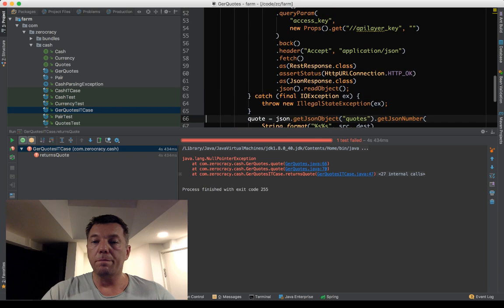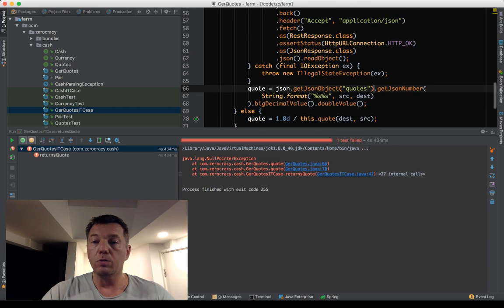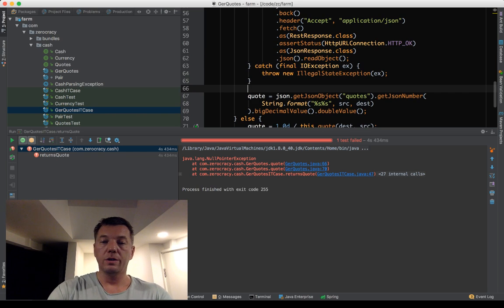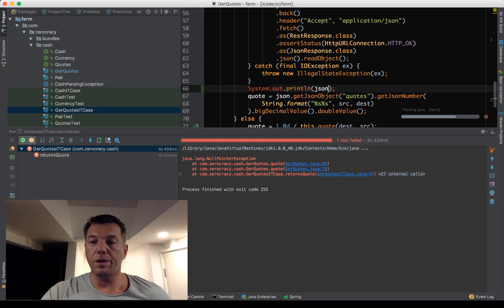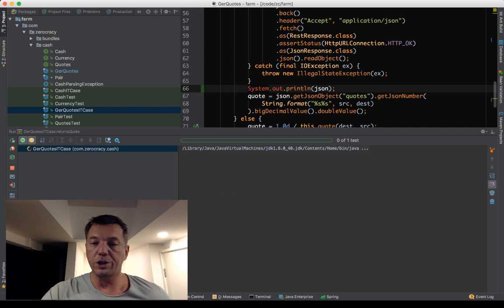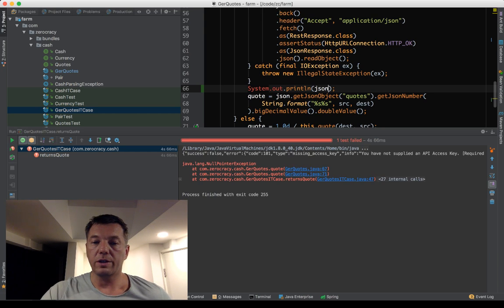So most probably we got an answer which, for some reason, had the HTTP OK, but the object which was returned, let's see what we got from there. Let's run it again. I'm just curious what the API is telling us. Most probably there's a JSON with some error inside, but not the actual rate. Yeah, you see success false, error code 101, missing access key, not supplied, blah blah blah. So we didn't give them the key, and that's why the API says sorry, can't do anything.